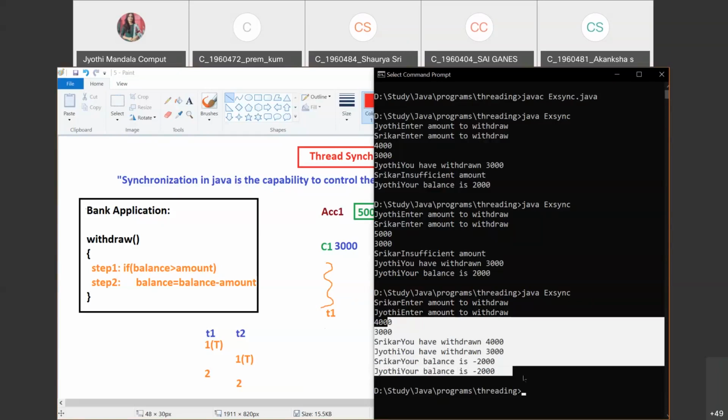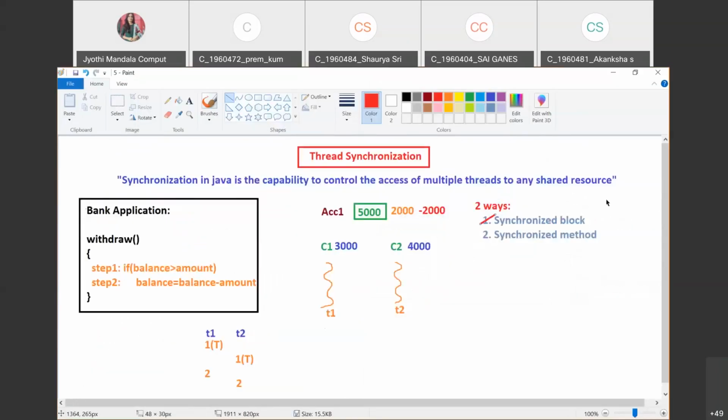Now, to solve this problem, what we can do is have an option of synchronizing the statements.